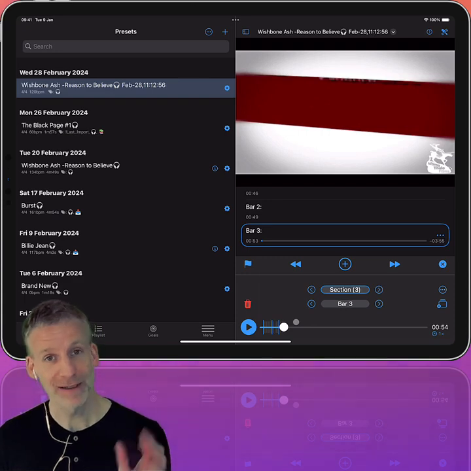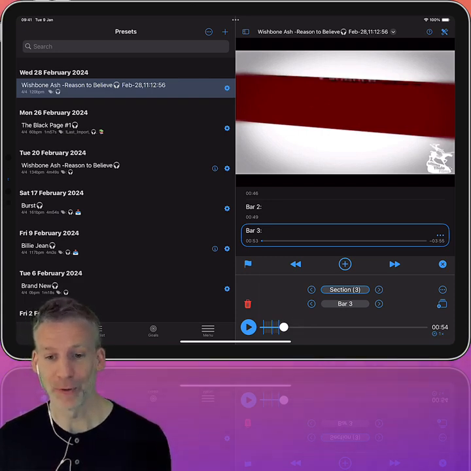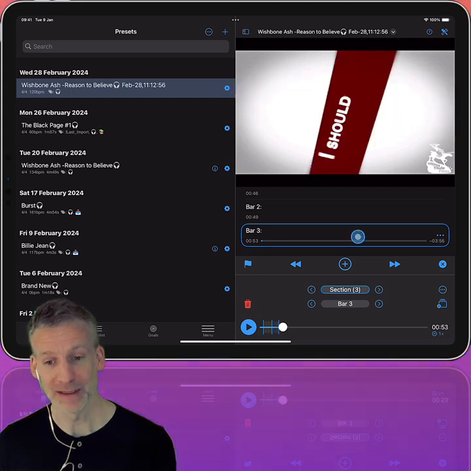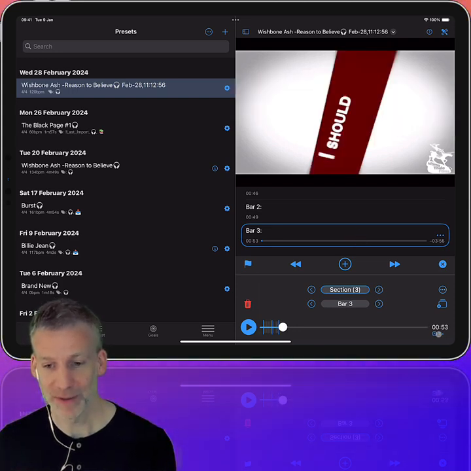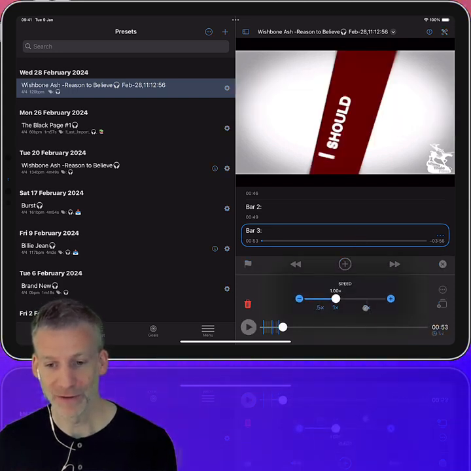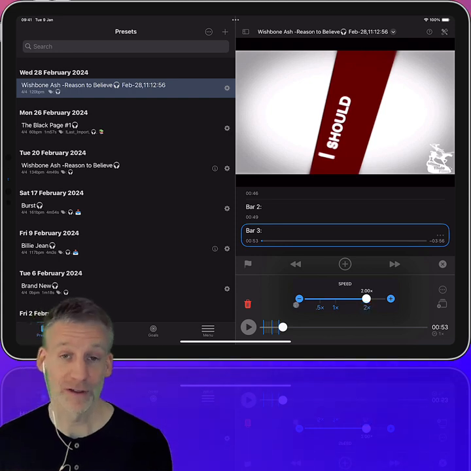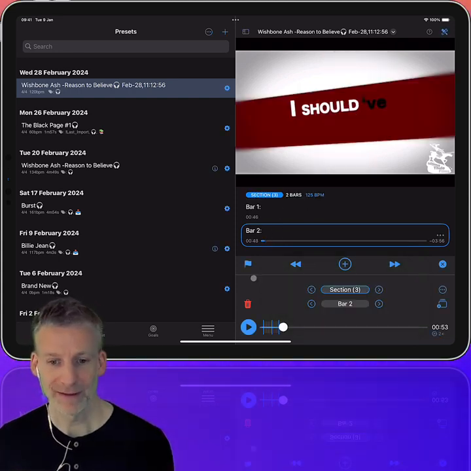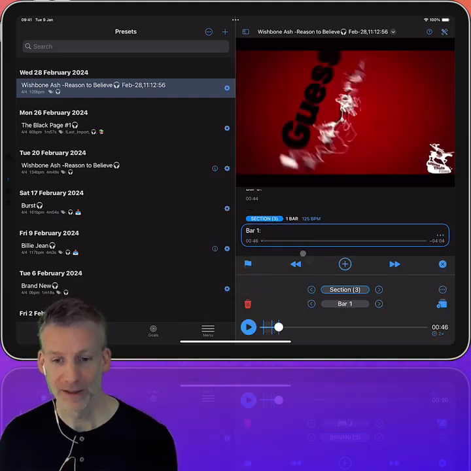But if the song is at a fairly steady tempo and it's mainly in one time signature, you can do this whole process at double speed. So I'm going to tap on this little speedometer down here and I can set the song to 2 times speed, or you can slow it down if you want to work something out. So I'm just going to delete this bar 2 here, start at the beginning of this section and hit the